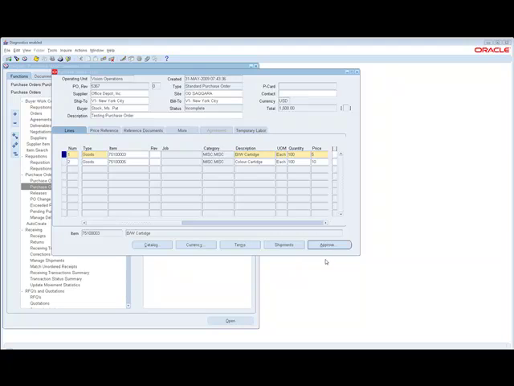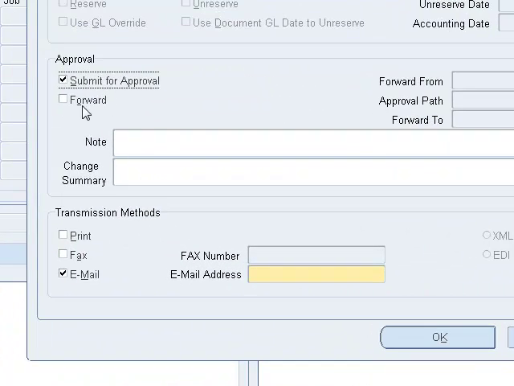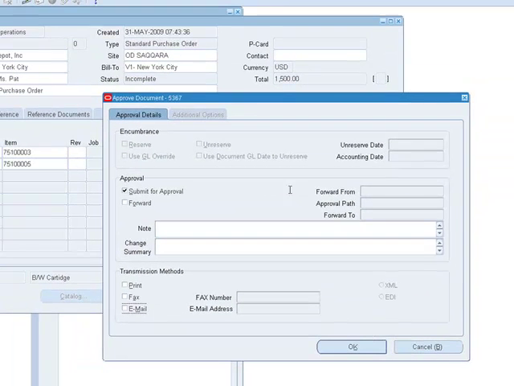So right now the status is incomplete. Now let's click on approve, uncheck the email here, and submit for approval. Once we submit for approval, it takes it out of this screen and puts it into the approval queue. So when I say OK, it takes that approval, then kicks off the workflow process and submits this purchase order